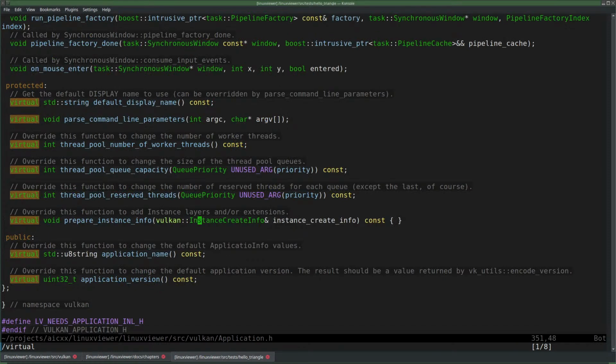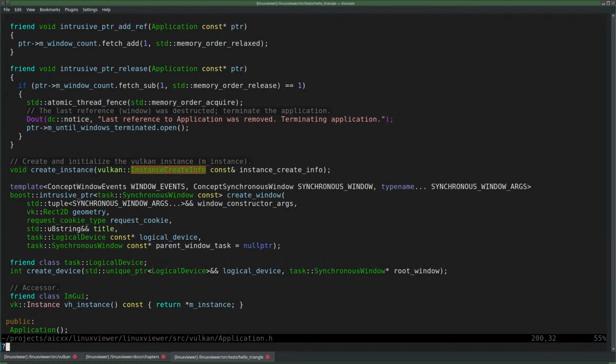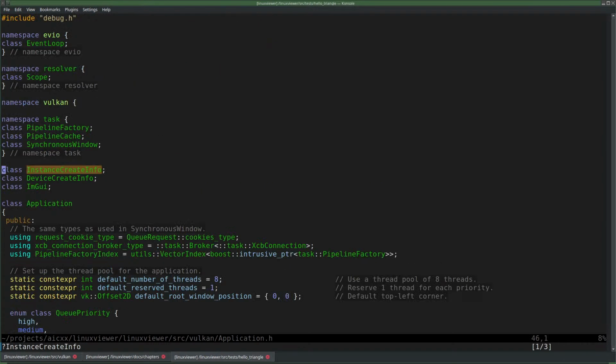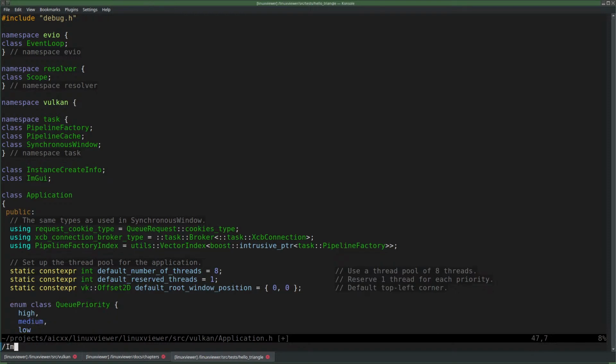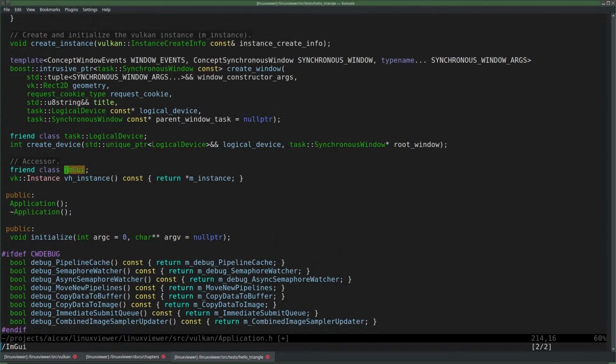Instance create info. That would definitely be a candidate. And it is forward declared. And what about device create info? Not even used. It's a friend.